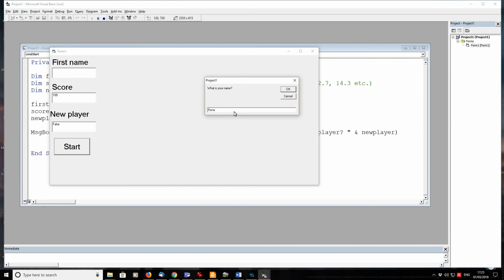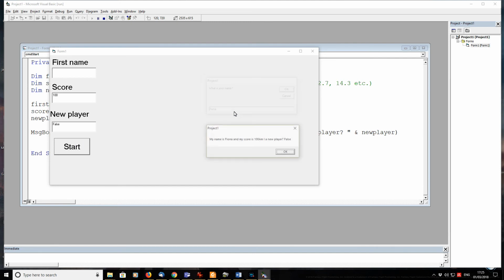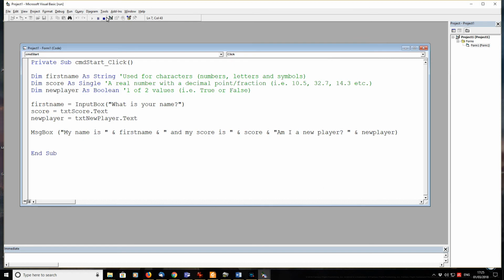As you see, it's come up with the input box. We're going to type in Fiona, and it says my name is Fiona, my score's 100, and my new player false. So you can see this time, instead of taking the value of the text property in the text box, which in this case is blank, it's actually taking it from the input box. So that's another way that we can receive